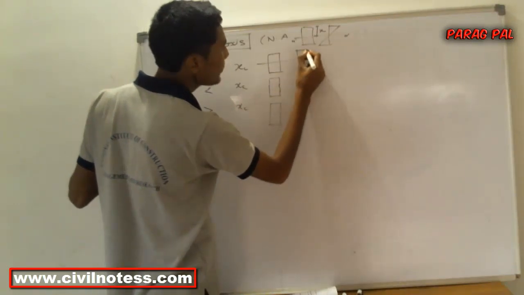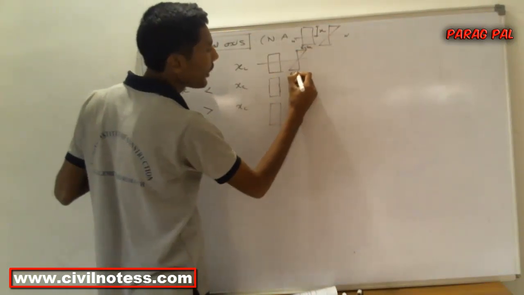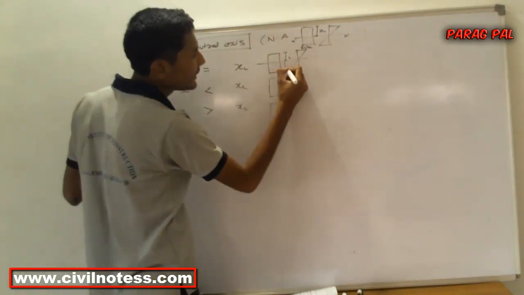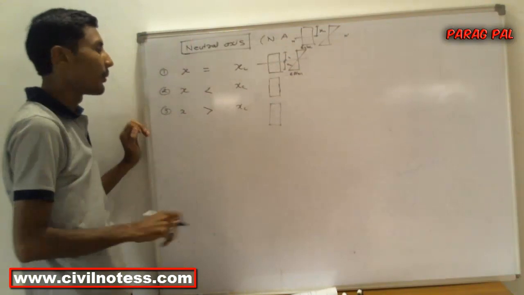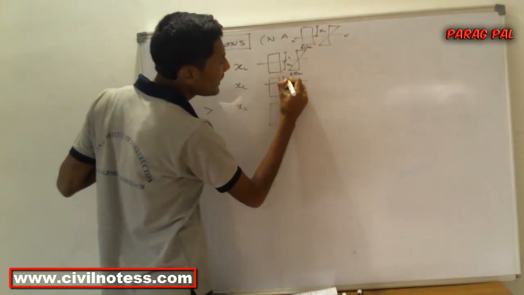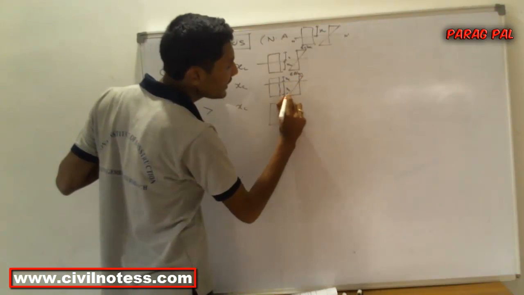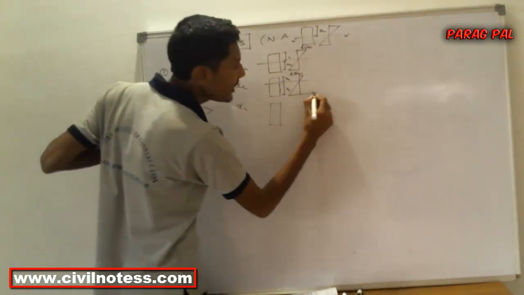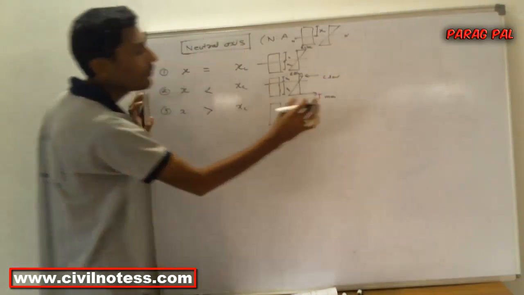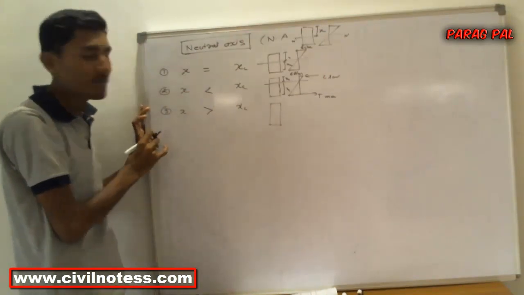Now the balanced section is not so tough. It is sigma cbc and sigma st upon m. In this section, x and xc are equal. No problem. In the next section, x is less than xc, so what happened? x is less and xc is more. It means that the tension is maximum and the compression is low as compared to this parameter. So in this way, the steel reaches the maximum permissible stresses.